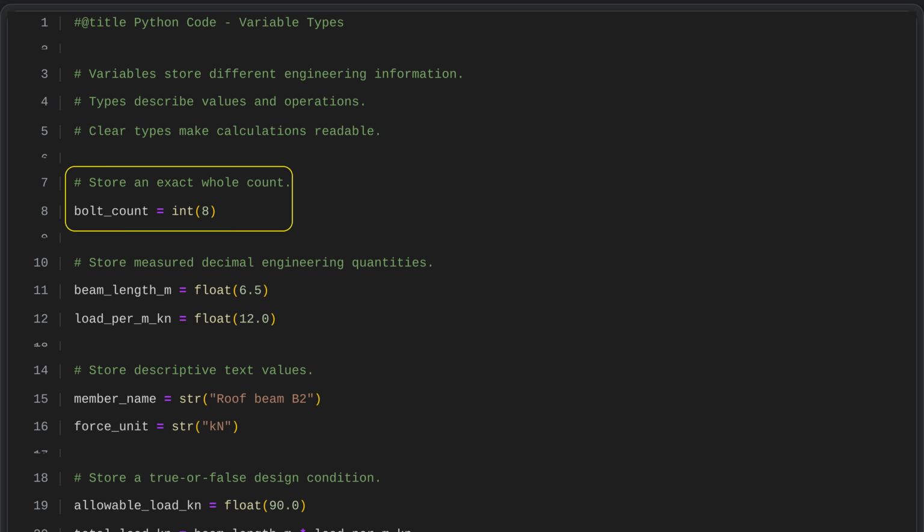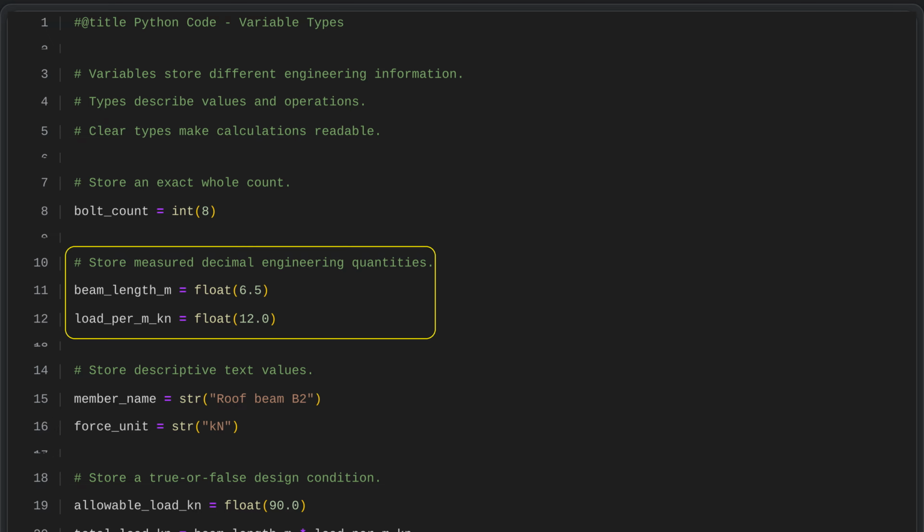An integer stores an exact whole number, such as assigning 8 to a bolt count. This is useful for discrete quantities where fractions do not make sense. Floating point numbers are used to store decimal engineering measurements, such as a beam's length in meters and its load per meter in kilonewtons. This allows values that are not whole numbers to be represented with the precision needed for